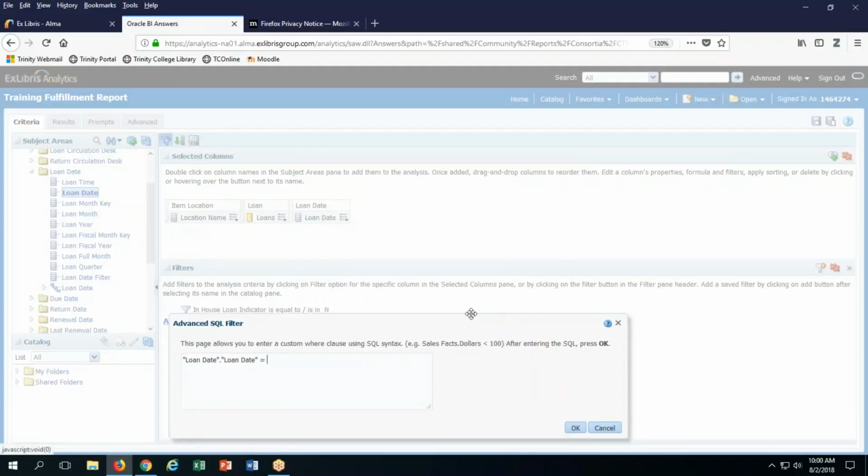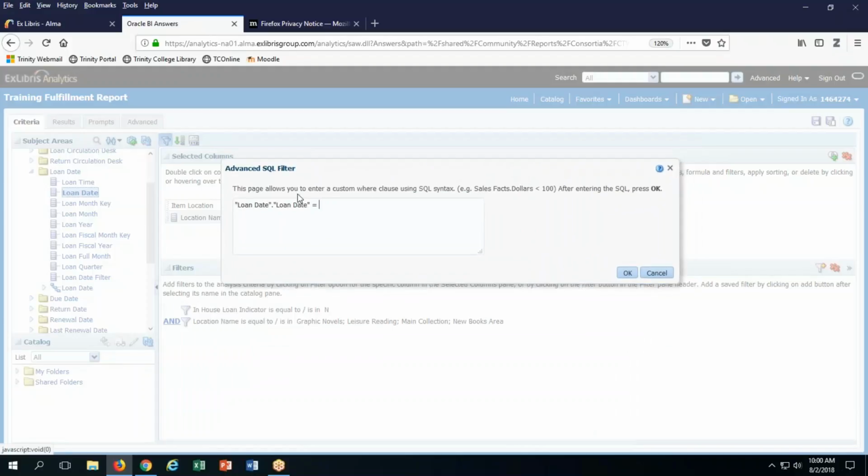And that's going to open up a new window where it's going to show you the SQL code. And I will admit I do not have this code memorized. I have it written down, and I also have the page of documentation from Alma that has this code in it, bookmarked on my computer. So I have to go back and find it all the time, but there's a way that you can put in your